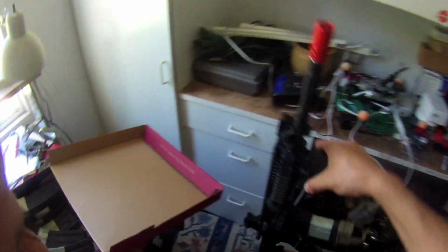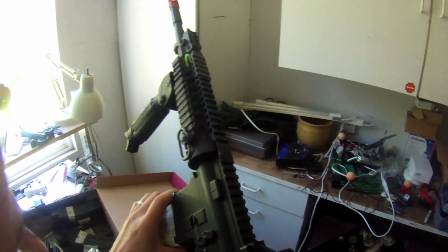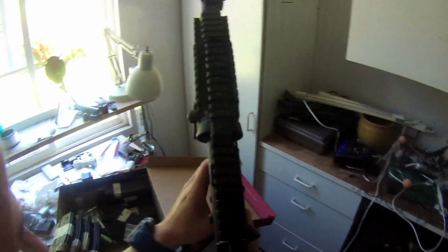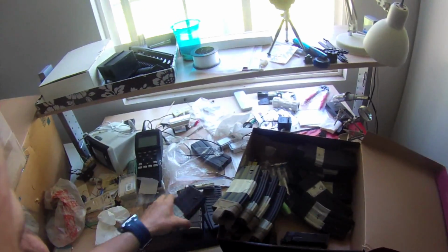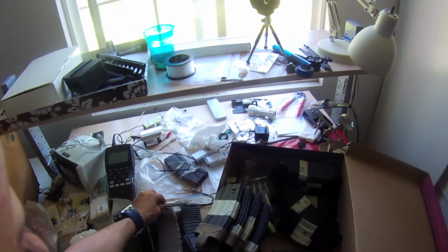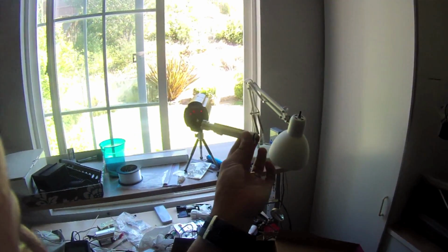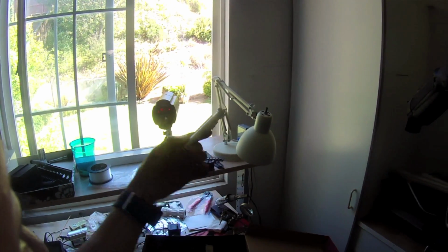Hello Airsofters, I'm here to review the RA-Tech Aluminum Nozzle for the WE M4 system. I bought it from the AST website for about $110, and my plastic nozzle actually broke on me